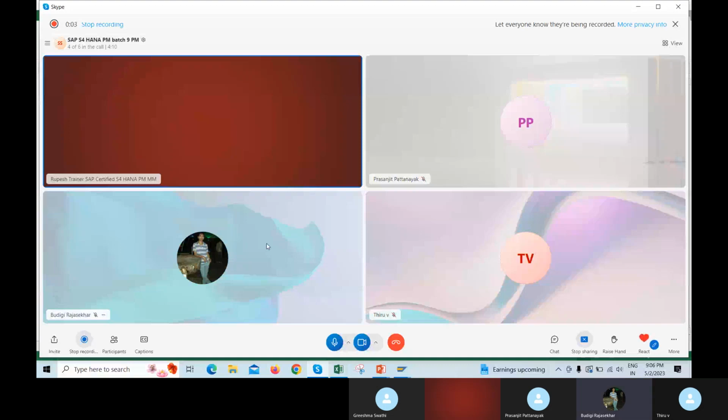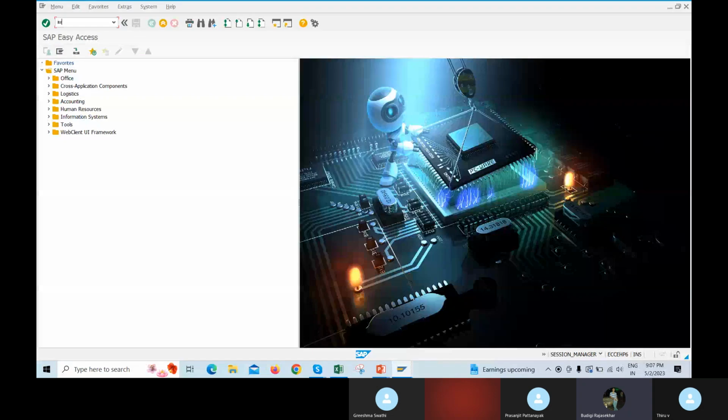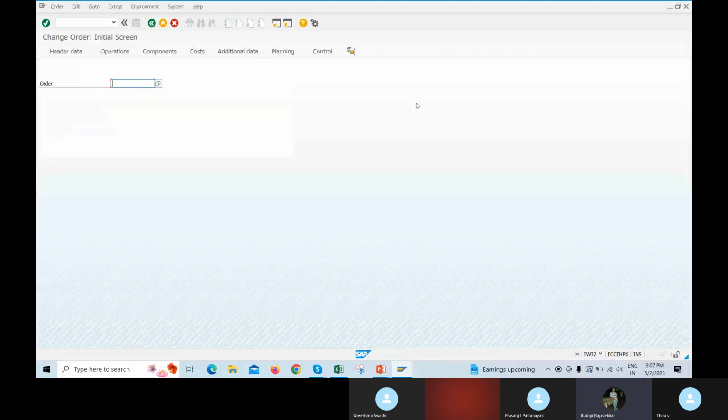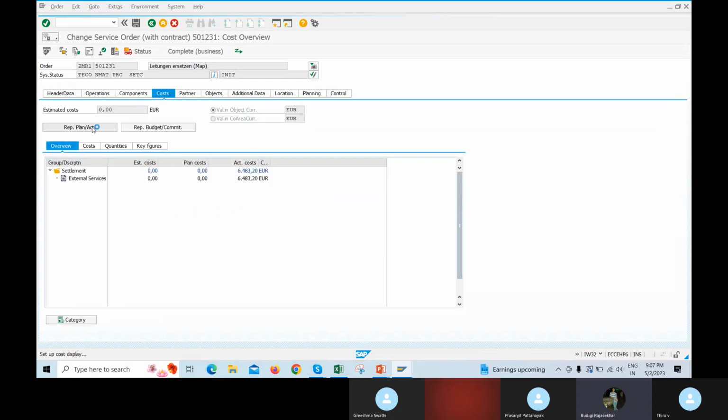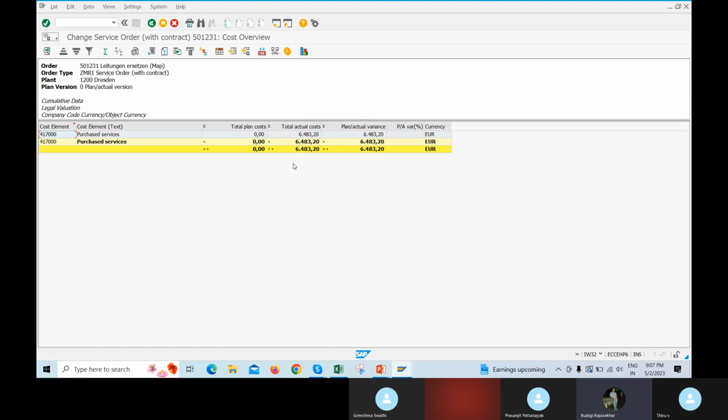Yes, sir. Estimated cost is a cost to estimate how much it will cost. It is an imaginary cost, sir. So how much can the maintenance work get as cost?